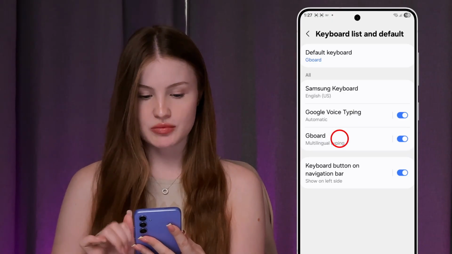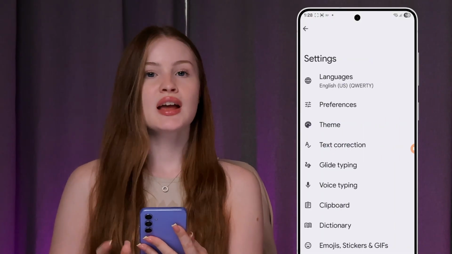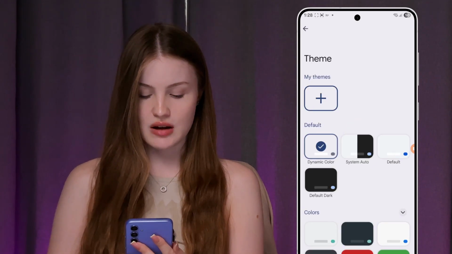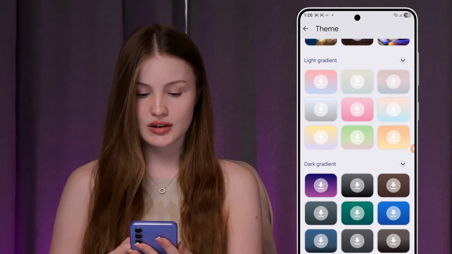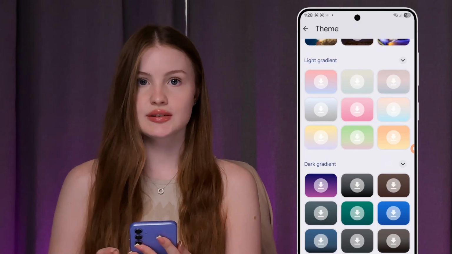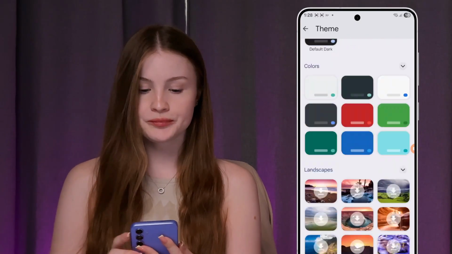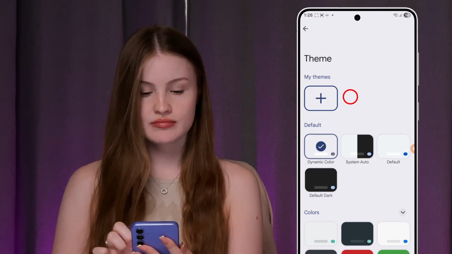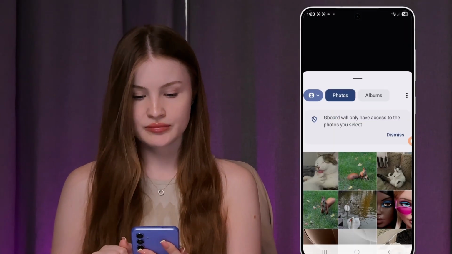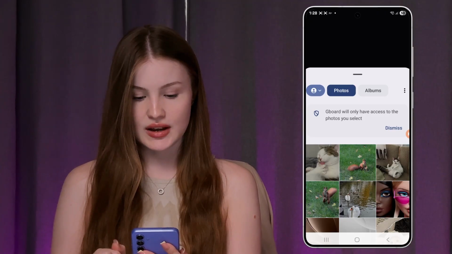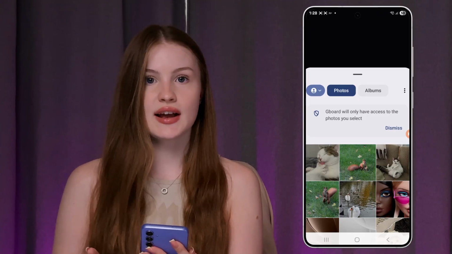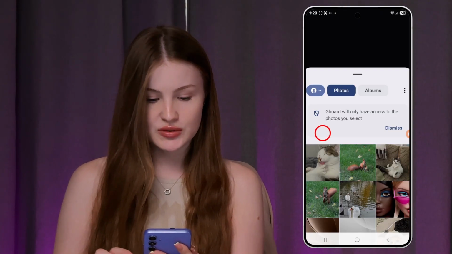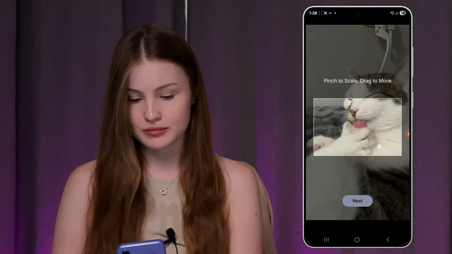Let's tap on the Gboard section again and you will see option to change theme. We just need to tap on it and here you can either scroll through the list and set different color, or you can tap My Themes, tap on the plus, access your gallery and choose photo you want to set as your background image. For example, I'm gonna use this fun photo of my cat,